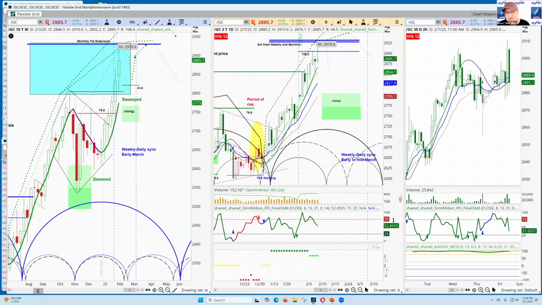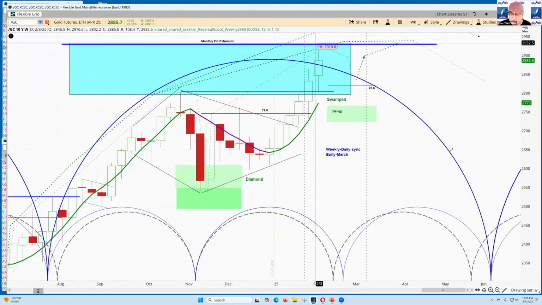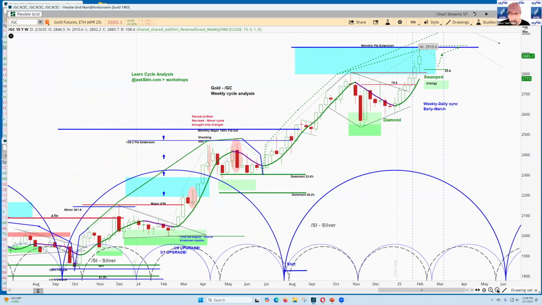And layered over all that is our analysis, the core of which is cyclical analysis, which looks at the rhythms in the markets. So let's take a look at the gold chart. I'm going to open up this weekly chart right over here so you can see the rhythms that are in there. Interestingly, I have the silver overlaid on it,